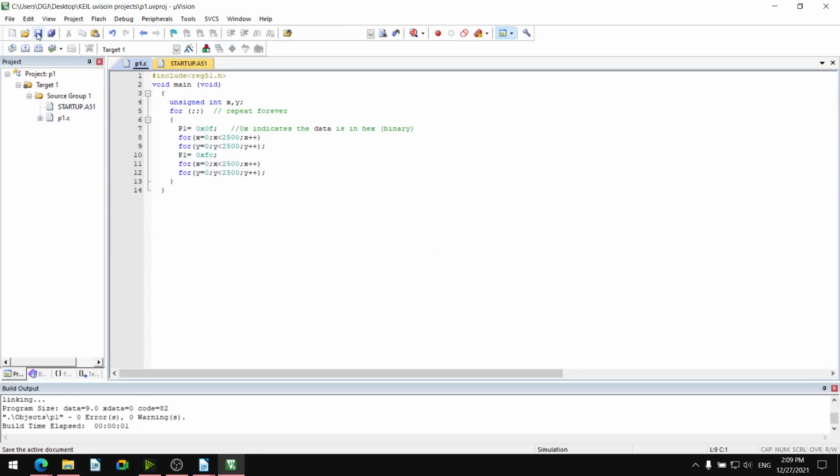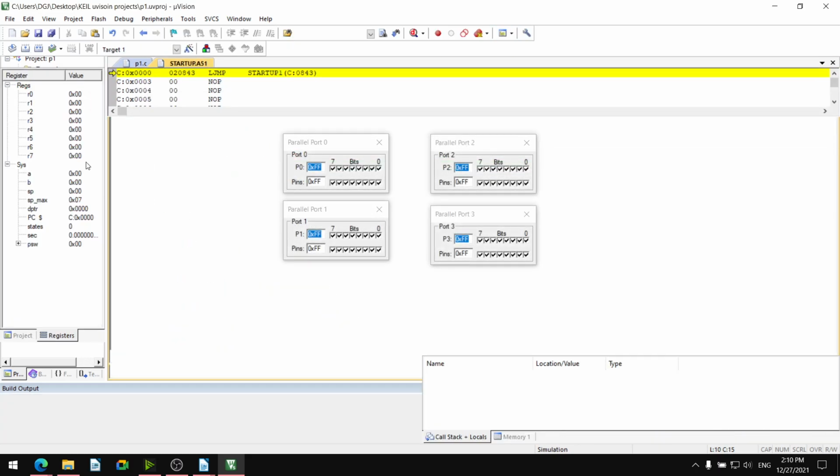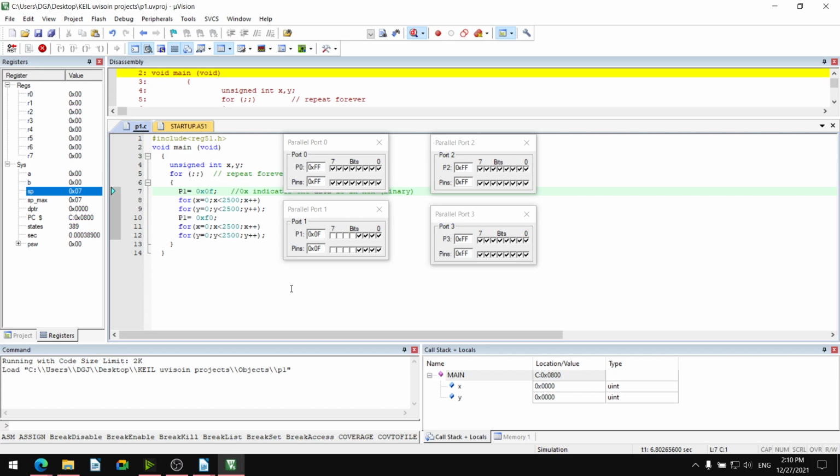So I will save it, build it. Zero error, zero warning, and I will execute, and you can observe F0 and 0F.